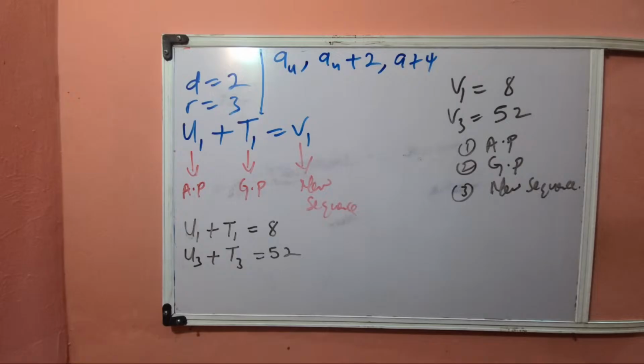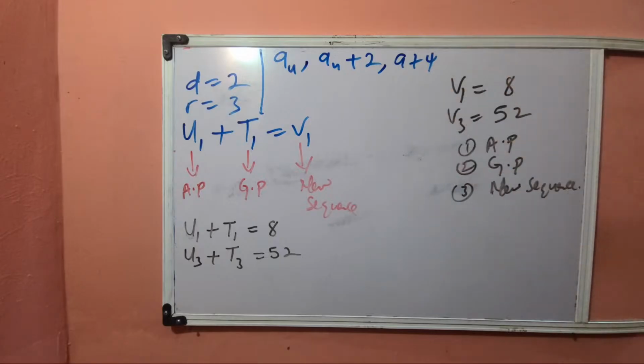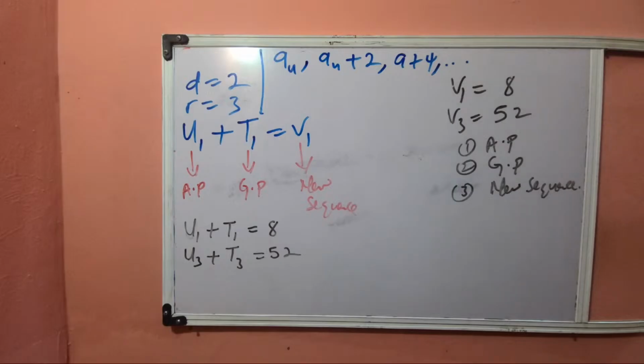Now, if you wanted to go on and on, of course, you will not need to, because the only details I have here are for the third term and the first term. So let me just stop here. Of course, this is how the AP is going to look. All right. Now, we can go on to do that for the GP. So let's try and find the terms of the GP. For a GP now, of course, the first term is still going to be